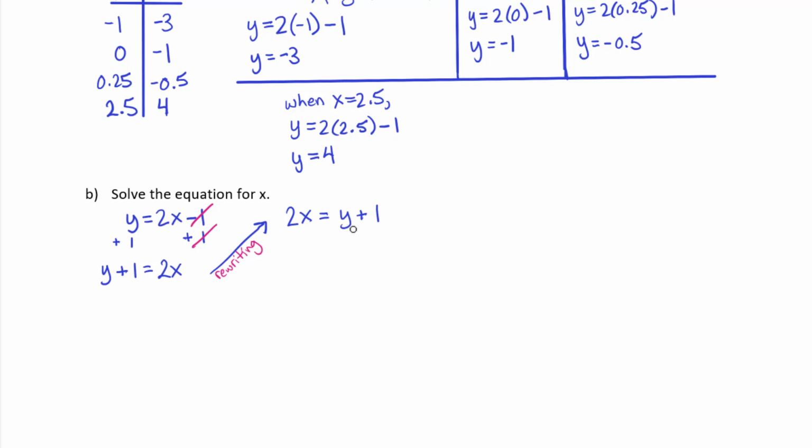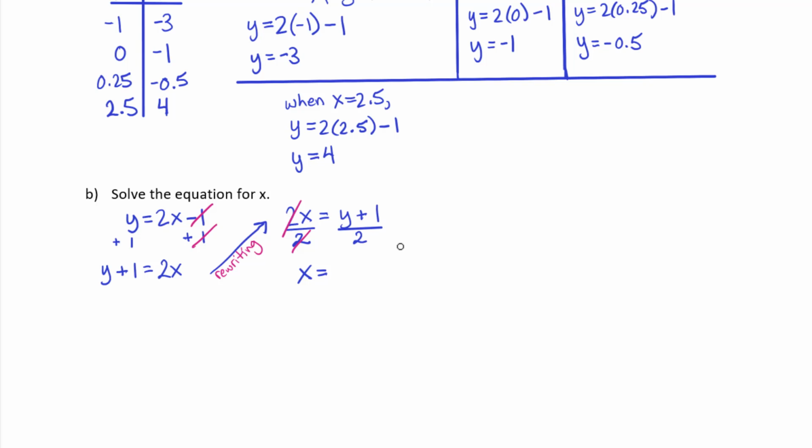Now, the final obstacle between us and solving for this x is the 2 that the x is multiplied by. In order to get the x alone, we're going to have to divide out that 2, because 2 divided by 2 is 1. If we're going to do that to the left side, we have to do it to the right side as well. Y plus 1 has to be divided by 2 as well. So on the left-hand side, the 2's cancel. 2 divided by 2 is 1, and 1 times x is just x. And on the right-hand side, you have y plus 1 over 2.